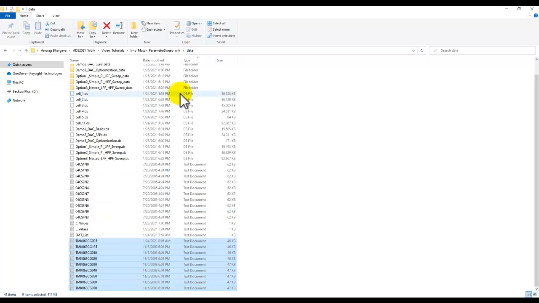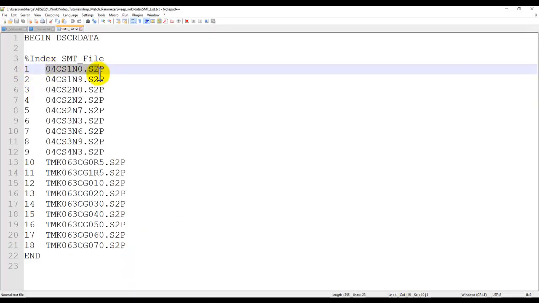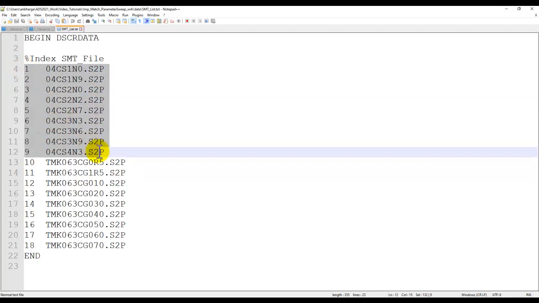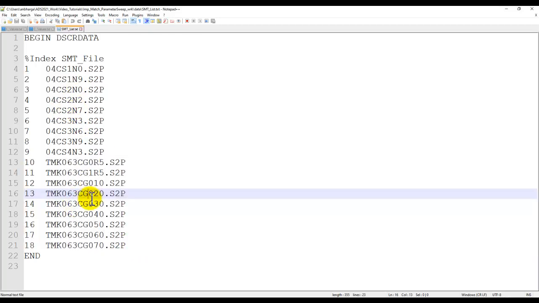And it's not necessary that it has to be inside the data folder, but this file and the rest of the parameter files ideally should be in the same data folder. Otherwise, you will have to give a full path here in case they are not at the same location. Anyway, the first 9 indices, as you can see, belong to the inductor, and the remaining 9 files correspond to capacitors. So this in turn will create all kinds of permutations and combinations because I threw everything inside